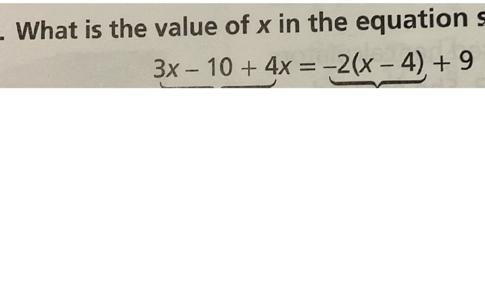Okay, so when I solve an equation, what's my goal? To isolate the variable. Get the variable by itself. What's the problem? Well, on the left side, I have multiple terms with a variable, and I also have a variable on the right side. So I need to fix both of those issues and get this written as a single term with a variable in it. So on the left side, if I combine like terms,